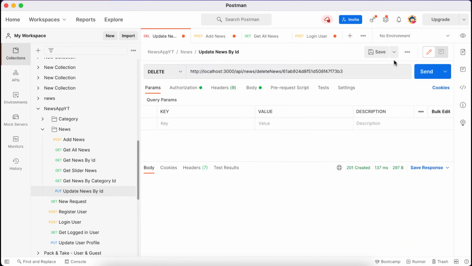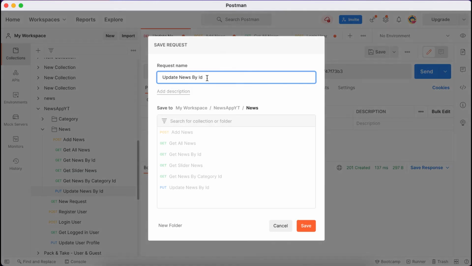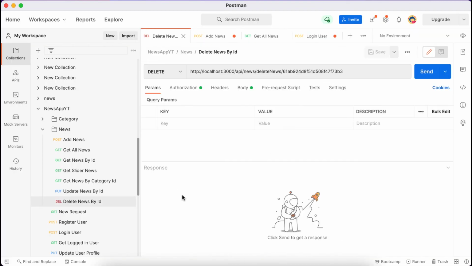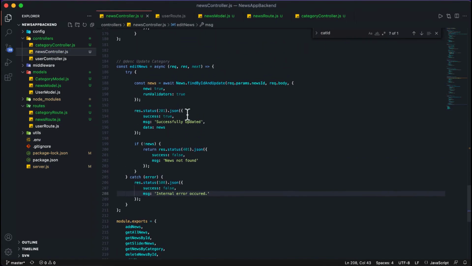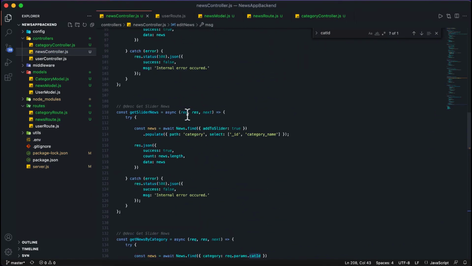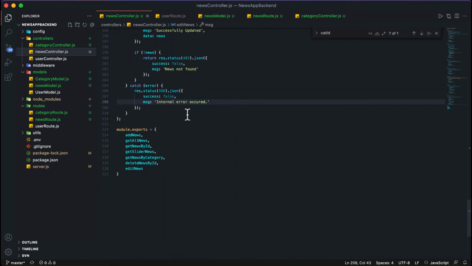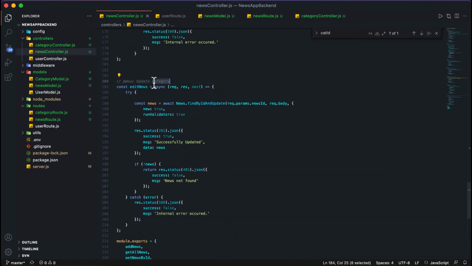Sorry, let me save this, then delete news by ID. Okay, so we completed 6 APIs here. Let me go through whatever we had finished. We need to change this, update news.